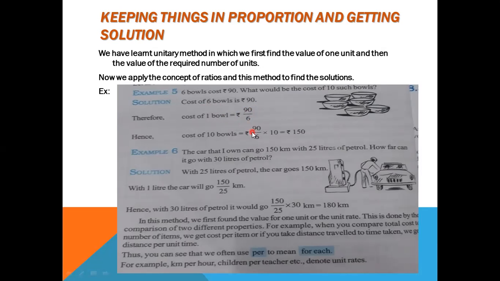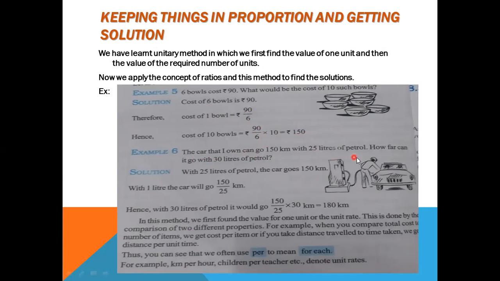So now we can find cost of 10 balls. So that is 90 by 6 into 10. So you will get cost of 10 balls is 150 rupees. Same way here. Next example, the car that I own can go